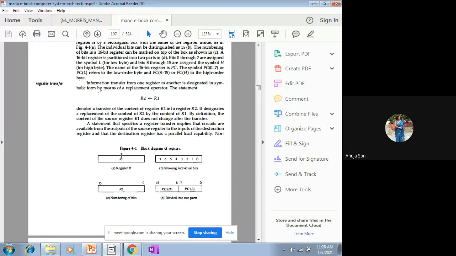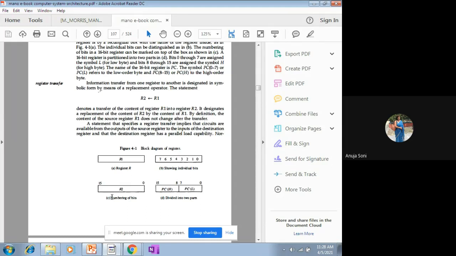So this is a way how to describe a register. R1 is a register, and it will be able to store the data as per its capacity. So at present, how many bits are shown here? Part B is showing that the size of this register is 8 bits, beginning from 0 to the 7th location. So 8 bits at the most may be stored.